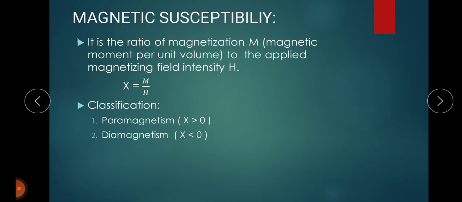This is all about the definition of magnetic susceptibility and its expression, that is Xi is equal to M divided by H. Also the responses of materials such as paramagnetic, diamagnetic, then ferromagnetic material to the applied magnetic field, and the classification of paramagnetism and diamagnetism on the basis of magnetic susceptibility. The next topic: